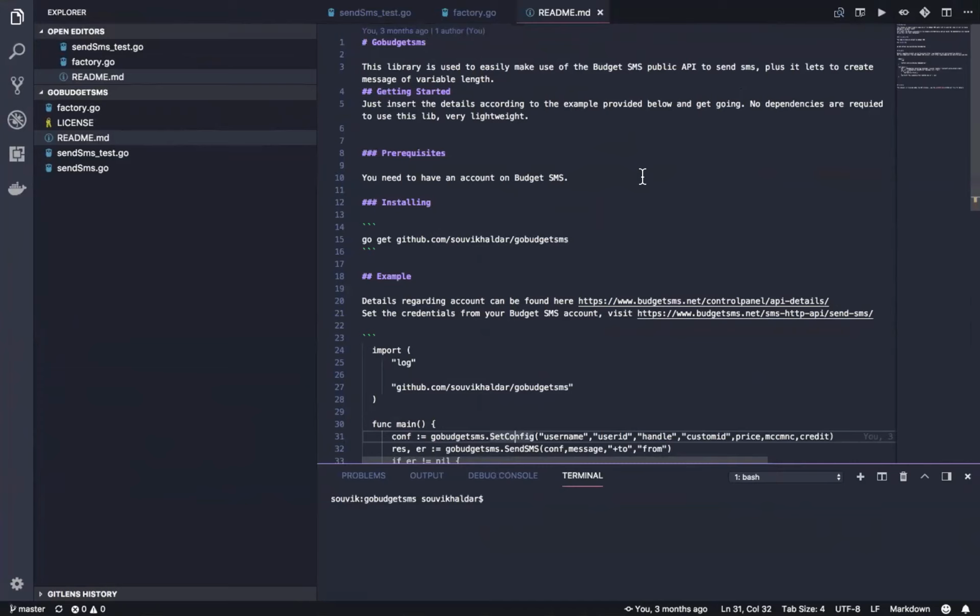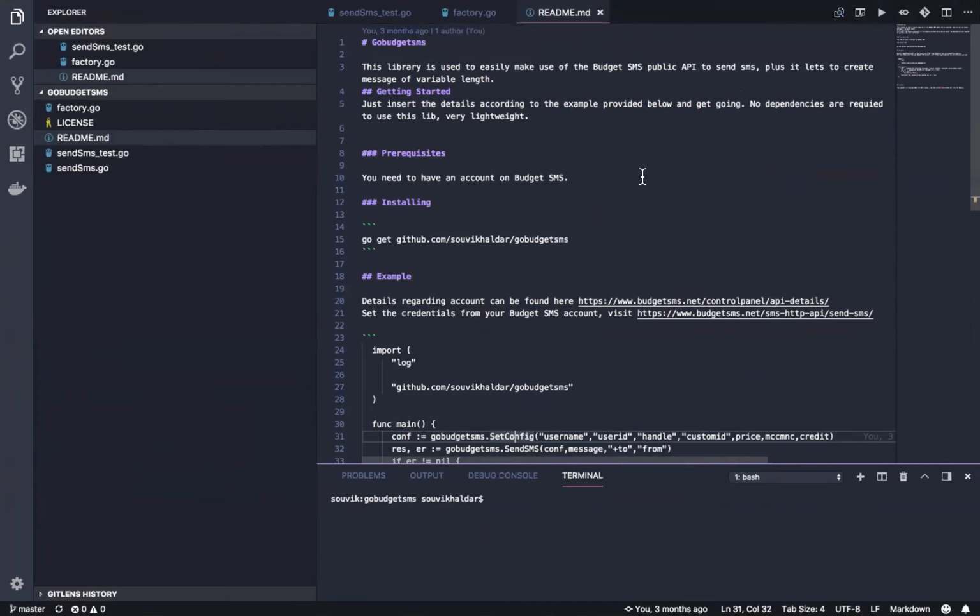And also for implementing the verification, it was kind of easy. So you don't need to particularly use the one from Twilio. So I thought that maybe I can implement it myself, and the only service I need is sending the SMS. So for that we chose the one which was kind of cheap, and budget SMS was one.